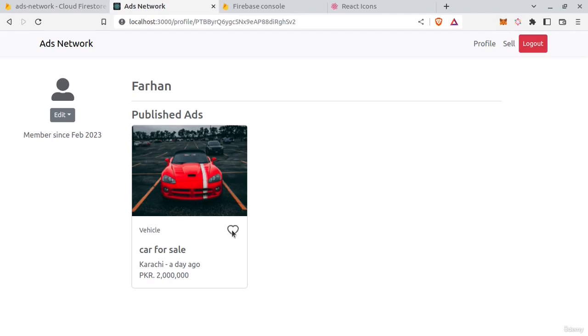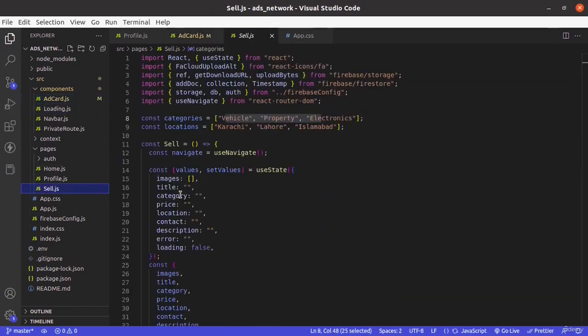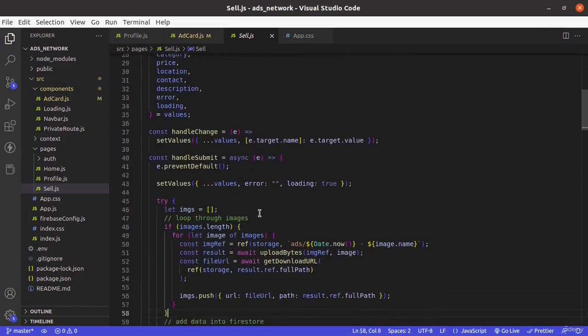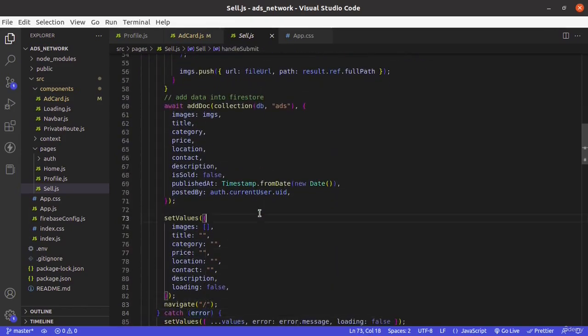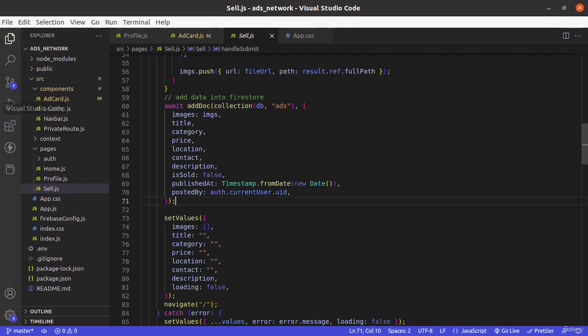Now we will work on favorite add. So if the user has marked an ad as favorite, we will show a different icon, otherwise this one. To do that, we need a favorite collection. And here in the sell route, after adding data into Firestore, we will create a document in the favorites collection which will have this ID, and the ID will be this one. So let's store it in a variable,